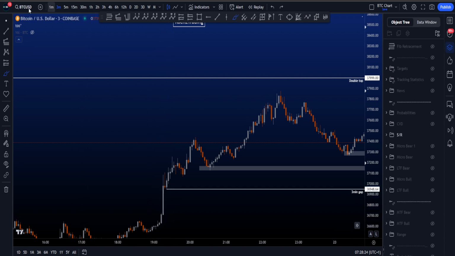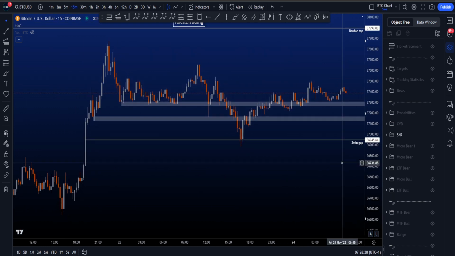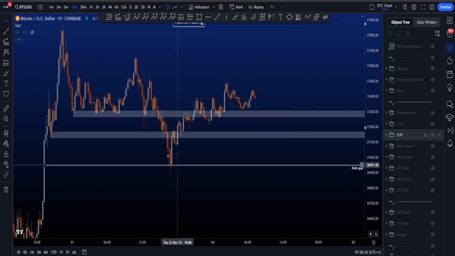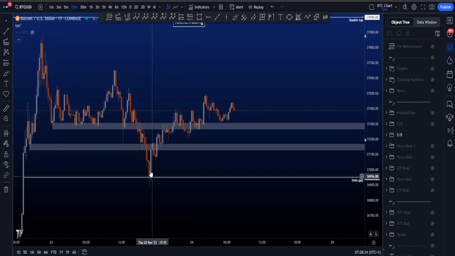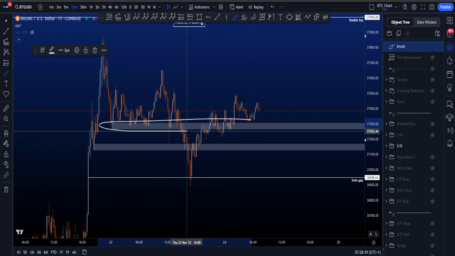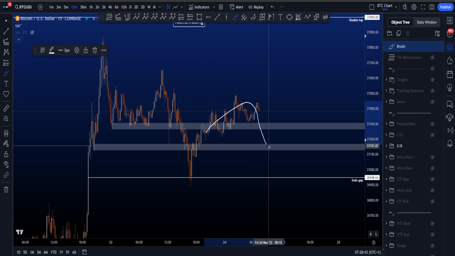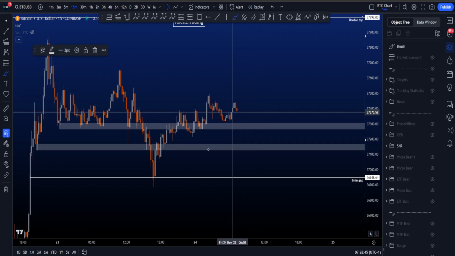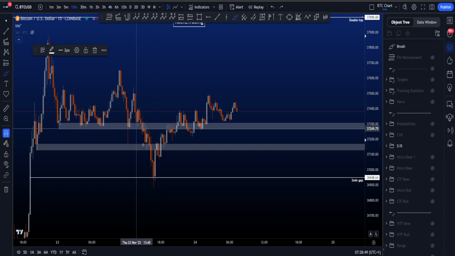And especially in trending environments, gaps can be very, very nice support and resistance areas, which once again proved itself over here by wicking into it, closing above on the 15-minute, moving to the upside, and also going above this support resistance area. Now for a wave B, if we're looking for a little bit of a drop to the downside, then over here we have another support resistance area, right? Support, resistance, resistance, or support,